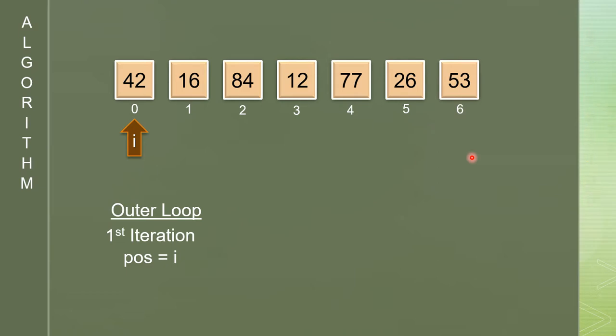The position value is nothing but a variable which will define the smallest element in the array. So the position is a variable which is used to find the least value or the smallest value in the array. For the first time, we don't know which is the smallest value here. So the first time, what you are going to do is store the I value itself as the position value. So the position value will be pointing to the first element, that is the I value.